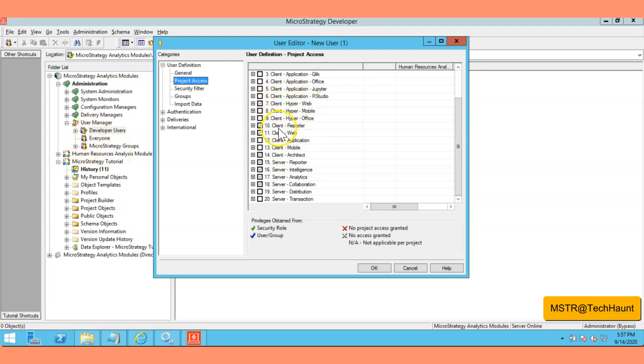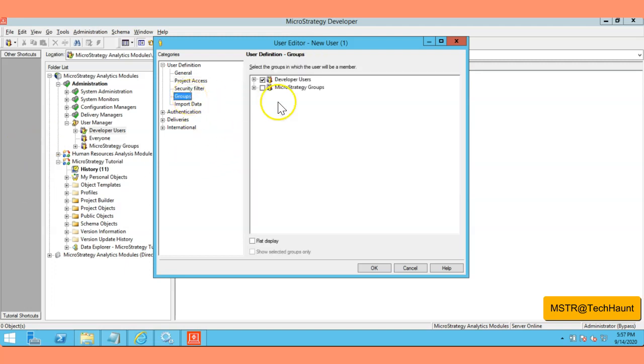You can see the hyperweb reporters permissions already inherited into these users now. Then let's go to the groups, and you can see we are a member of these groups. If you want to associate these users with other groups, you can do that at the same time also.